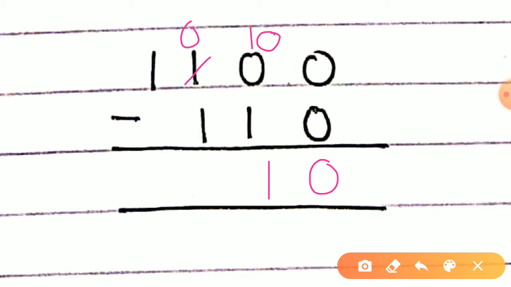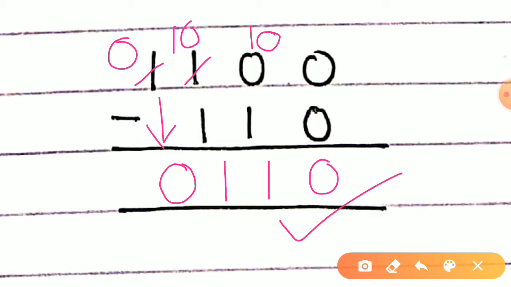Again see 0 minus 1, the same situation again we are having. So let us take one borrow from the left hand side as well once again, and over here also you will get 1, and here this becomes 0. Nothing is at the bottom, so 0 will be dragged downwards. Okay, so that is why this is your answer for second example.